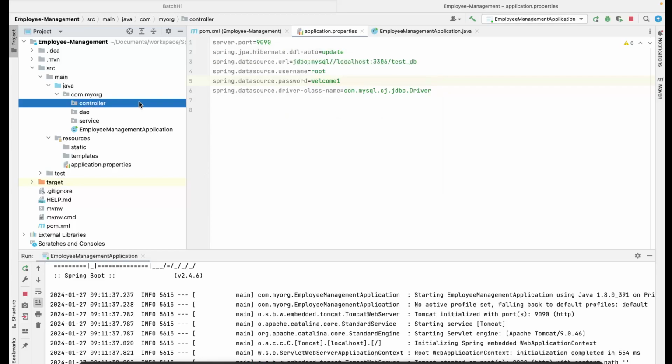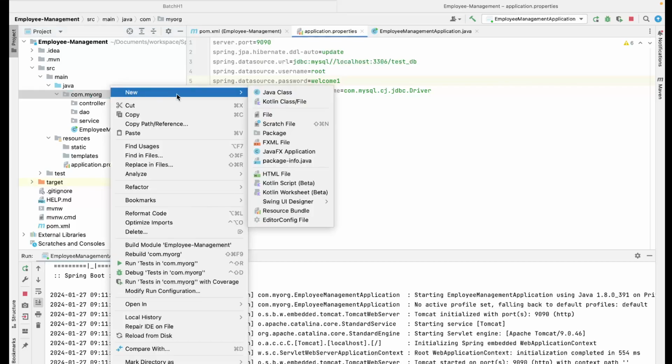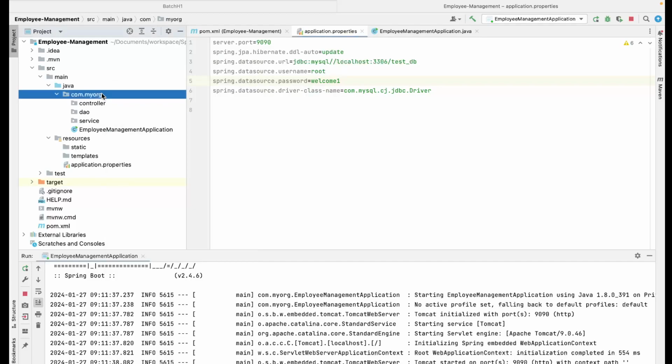So let me try to create some classes now. And we will also need some DTO objects, means we would require some model objects. Suppose we need some object to pass in our request, right? In our payload we want to pass some objects, and we want some Java objects that we need as part of our response. So we would need some Java objects for that, right? So we will create